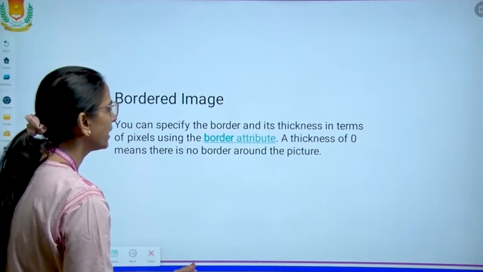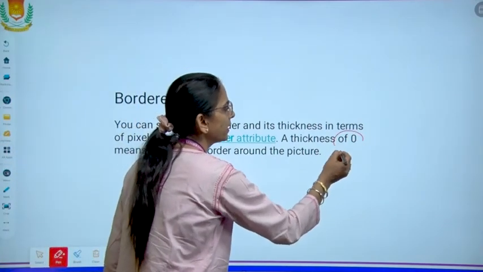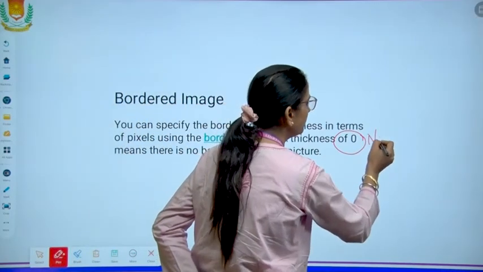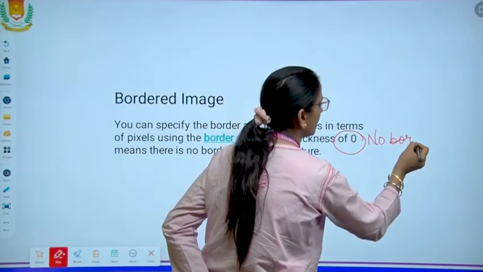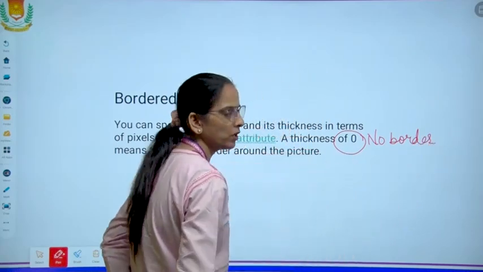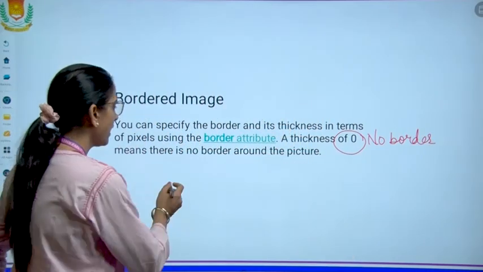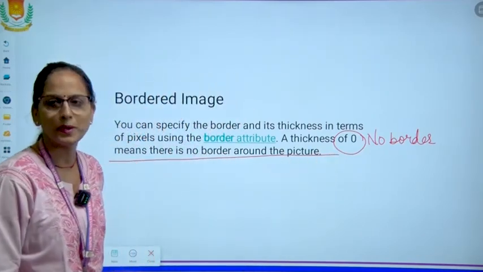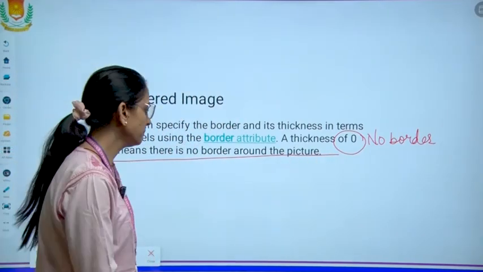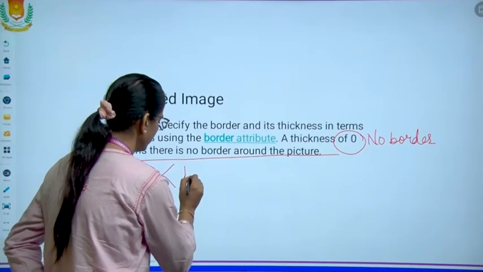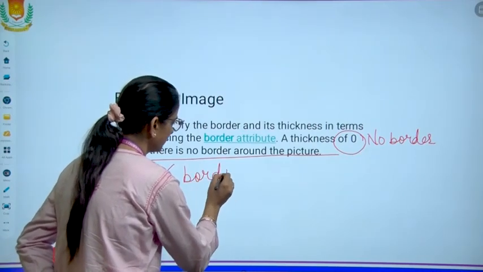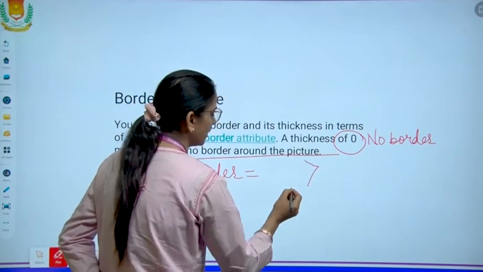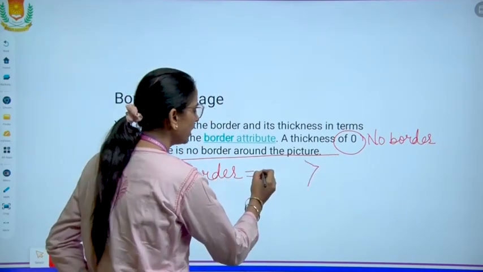In the border attribute, just remember, if the thickness is 0, it means no border around a picture, or you can specify the border, and the value can be given again in pixels.